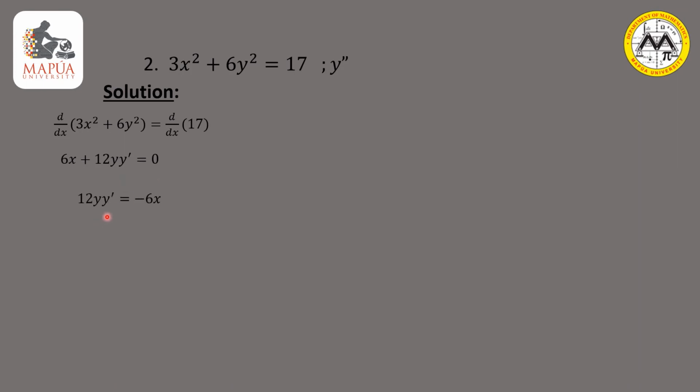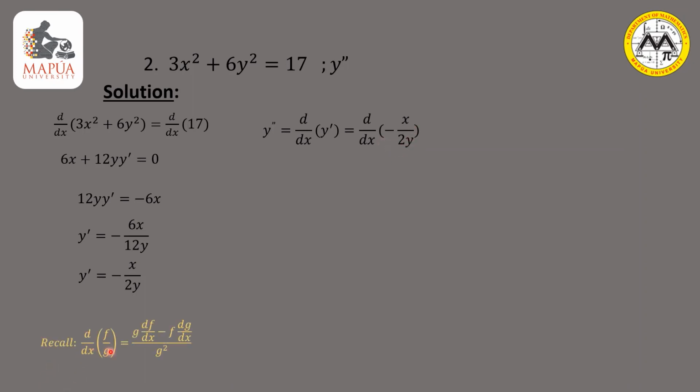So solving now for y prime, we will have 12y y prime equal to negative 6x, and y prime will be equal to negative 6x divided by 12y, or simply we have y prime is equal to negative x divided by 2y. But this problem requires y double prime or the second derivative. Hence, we need to differentiate with respect to x y prime, or differentiating with respect to x the negative of x divided by 2y. With this, we will be applying the rule to differentiate a quotient as given here, and this